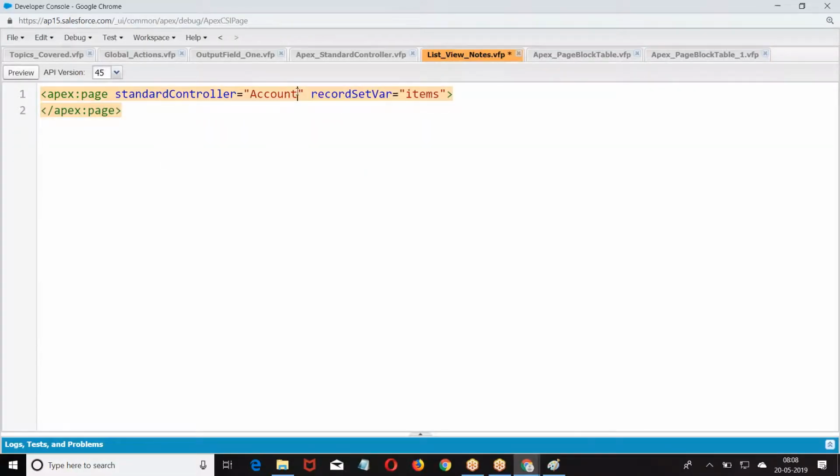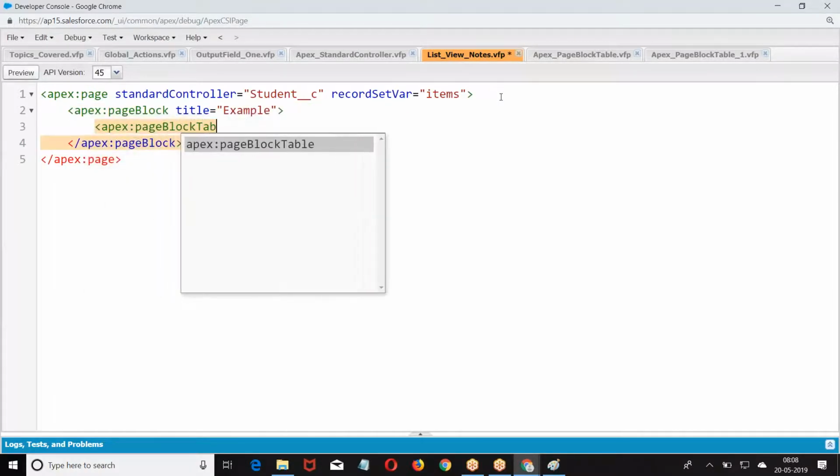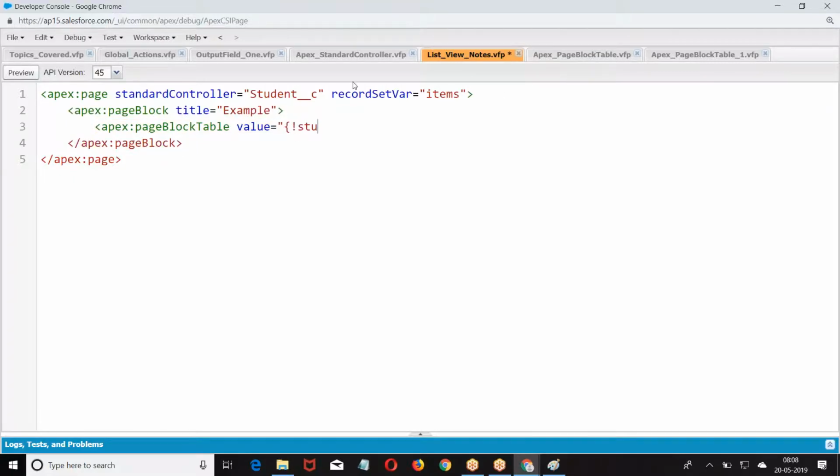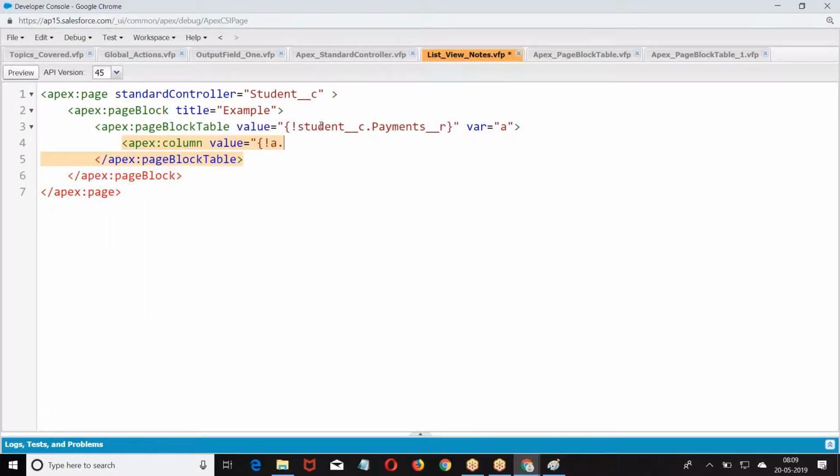So here I was giving student, value equal to particular student underscore payments, value equal to a dot.